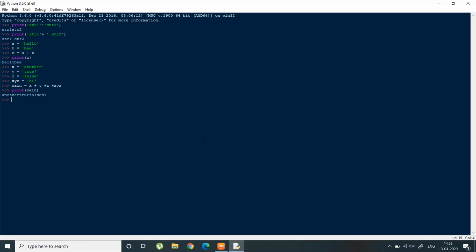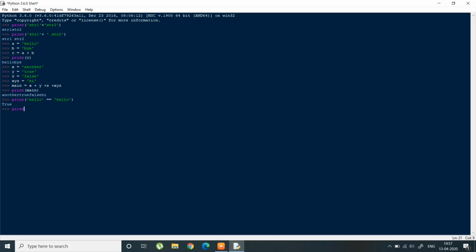Now coming to another operator that can be used between strings, that is the equality operator. I already told you in the previous video that equality operators are used to compare two values. So let's take an example, print. Let's say one string is hello and another string is the same, hello. You can see that these two strings are equal. If you press enter, it shows true, which means that these strings are equal.